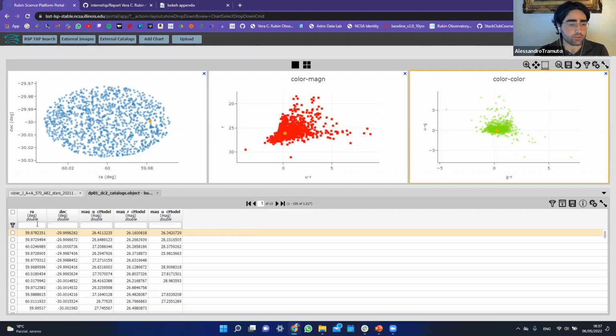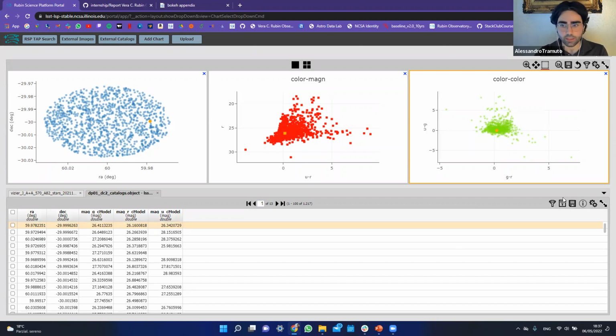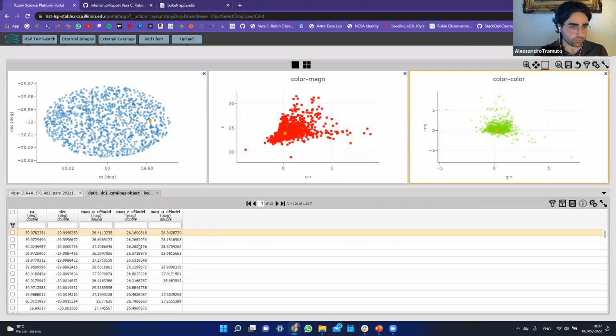Just to mention, if you don't see these white windows, you have to click on this button, which is the one to apply the filter. If I click on that, it just removes them. Re-clicking on it, they should appear. So apply the filter. You have to take, for example, greater than 60. Press enter,